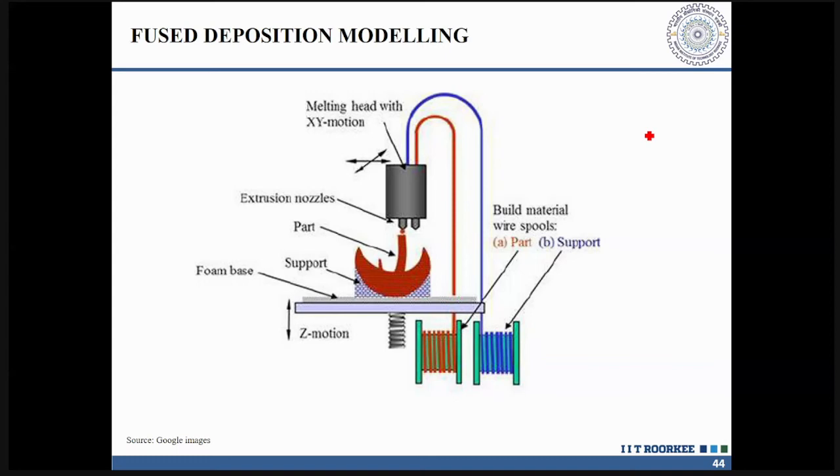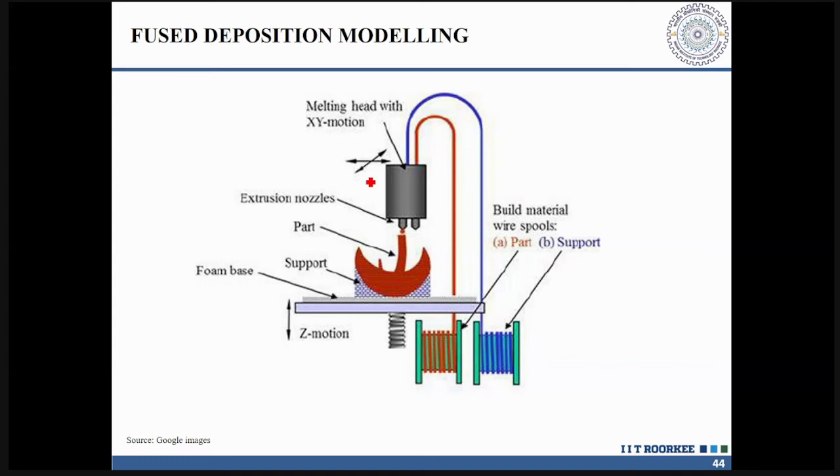A good machine. Fine. So what happens here is the material is in the form of spools, in the form of wires, and those wires are gone through nozzles, which help in melting the material, and you have a liquid material which is injected or extruded out of that nozzle. So the technique is extrusion, that is fabricating your product.